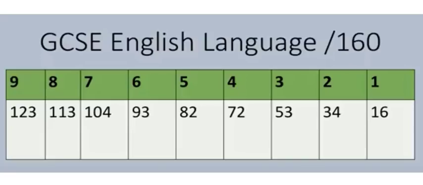The difference between a 7 and an 8 is 9 marks across the 2 papers. So let's say you drop an easy mark in question 1, paper 1, and an easy mark in question 2, paper 1. Actually, that could be 2 easy marks that push you quite a lot further towards the next grade. So let me point out how people drop marks, because the examiner's report points out 2 things,